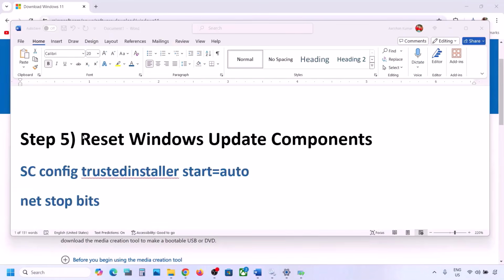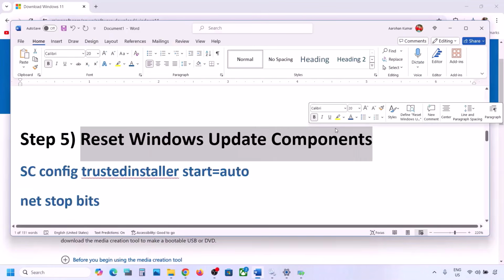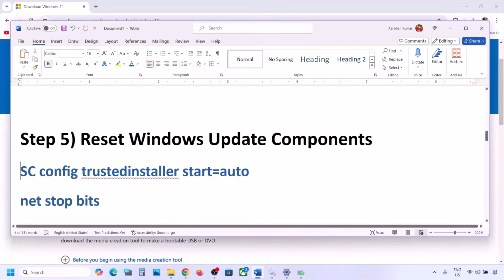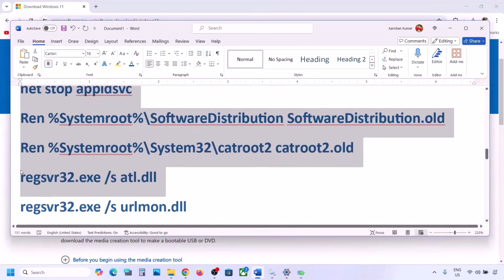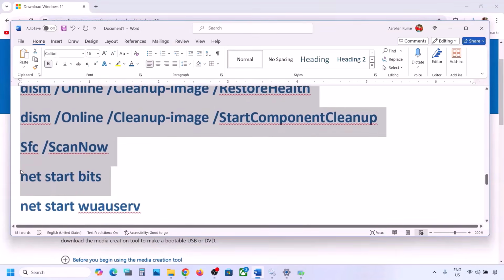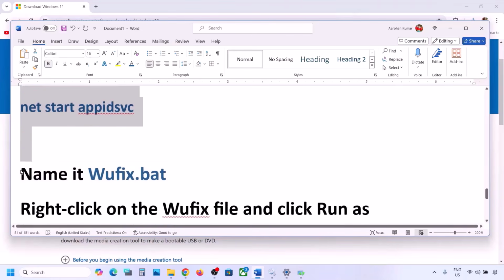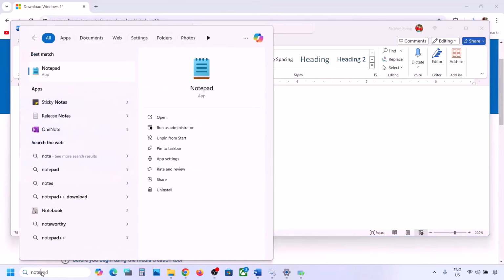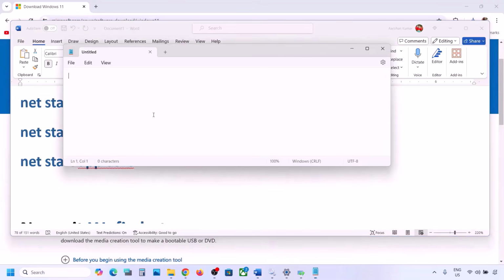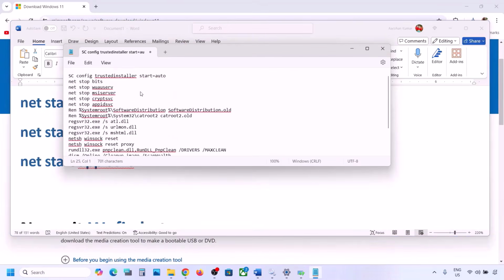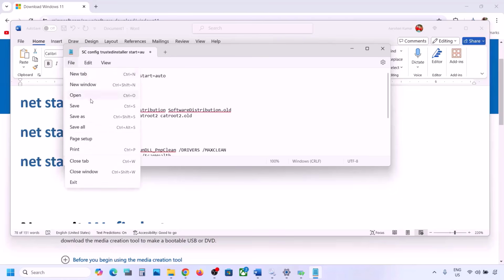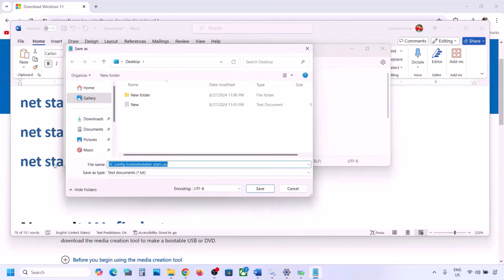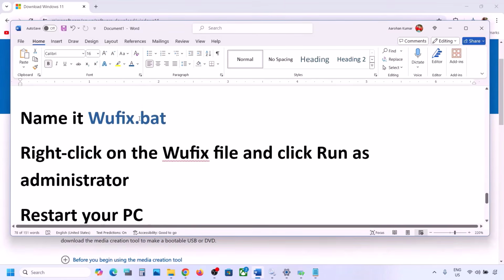Now the next step is to reset Windows update components. For this, copy all these commands. These commands are provided in the video description. So copy it till here. Now once you copy it, open Notepad on your computer, and then in the Notepad you can paste all the commands, and then go to File on the top, click on Save As, and then you can name this